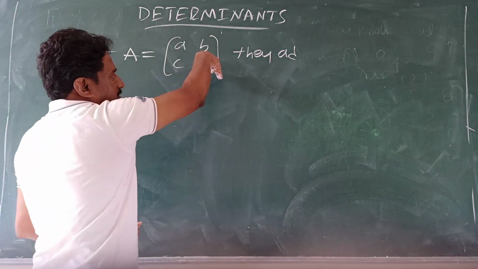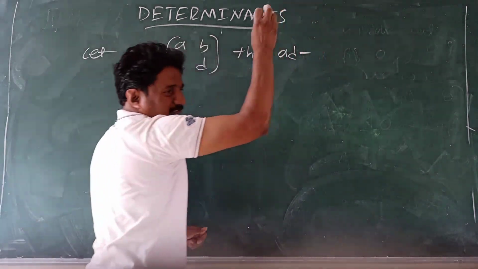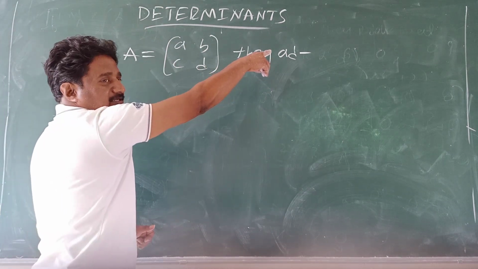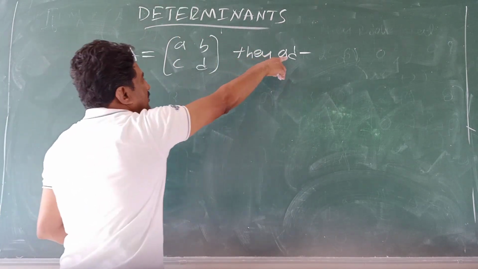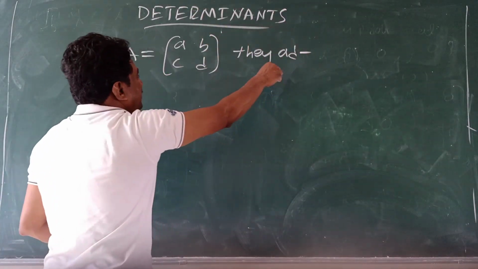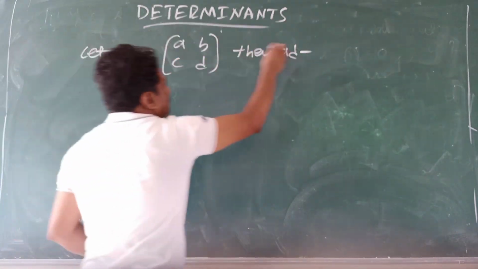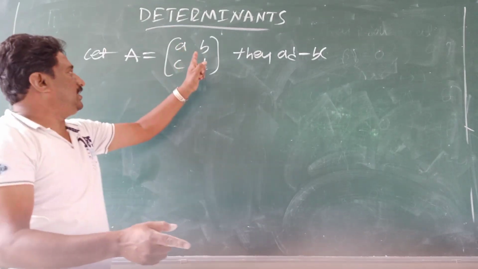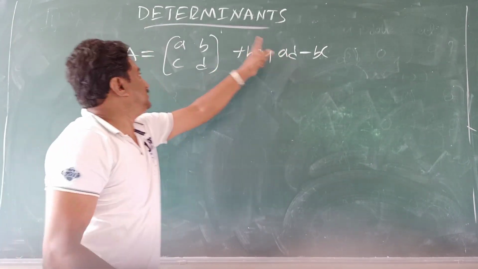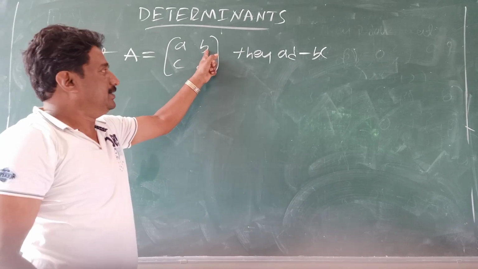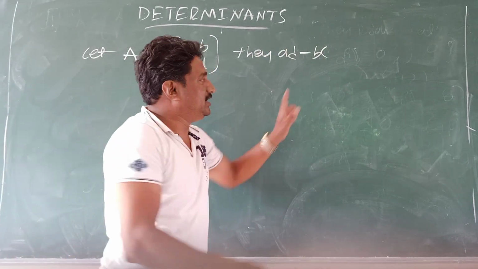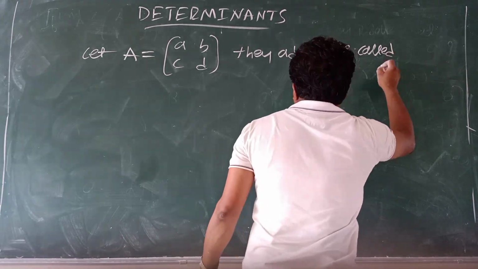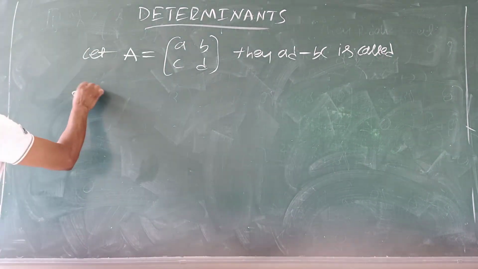After this multiplication, you must write minus. Writing that minus is a must. After writing minus, you write this product B into C, BC. So AD minus BC. This quantity is called